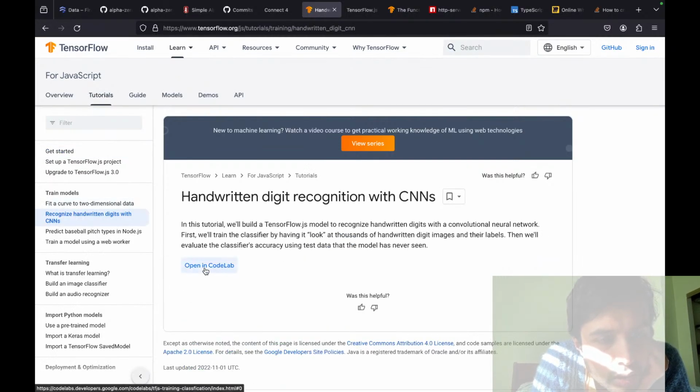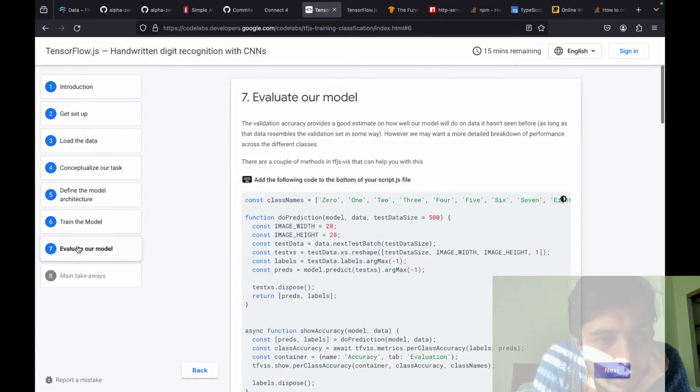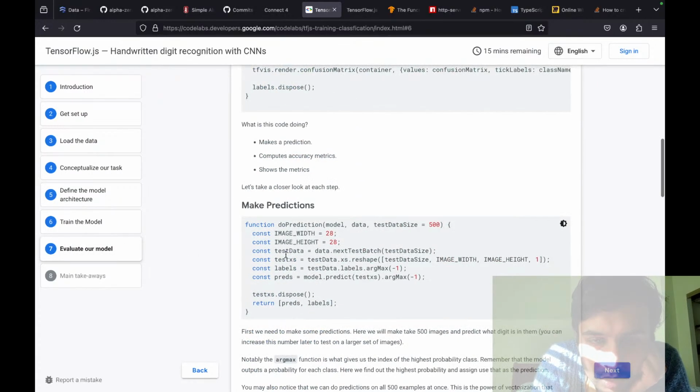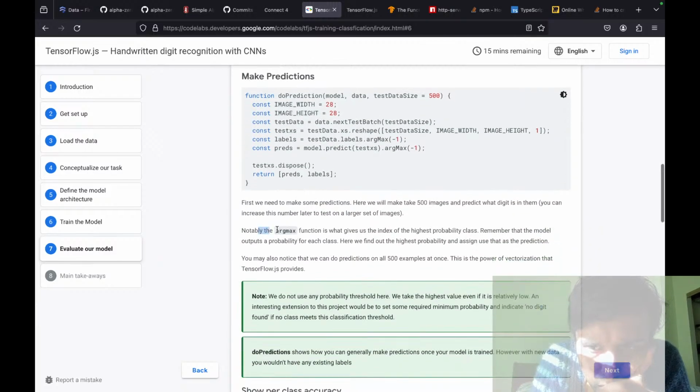Recognize hand, open in Colab, sure, whatever. How do I use the model, right? Do prediction, yes, make prediction. model.predict, preds. Argmax, highest probability. Okay, I guess the highest probability then.